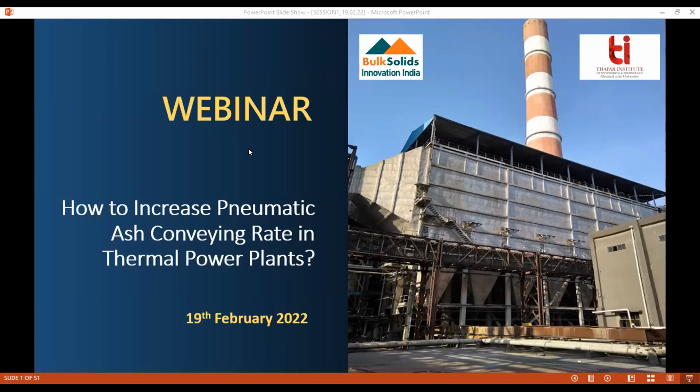So what to do? One of the ways to go ahead would be to revamp our existing ash handling capacities wherever there is a shortfall of the pneumatic ash handling system, the dry conveying system. We need to revamp that so that our dike area requirement goes down, our water requirement goes down, and also very importantly, fly ash, which used to be a waste product a few years ago,